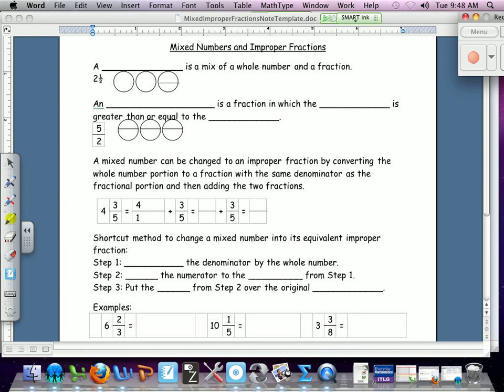So, a mixed number is a mix of a whole number and a fraction. I didn't come up with that little reminder memory trick. I read it somewhere and thought, oh, that's kind of a good way to remember it. So if they ask for a mixed number, then it's going to mix a whole number and a fraction part. So if I have 2 1/2, that means I'm talking about all of 2 of them